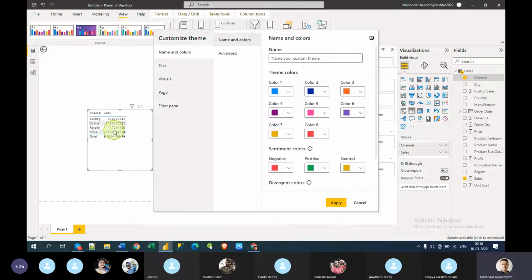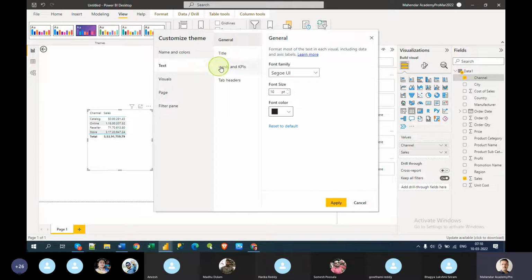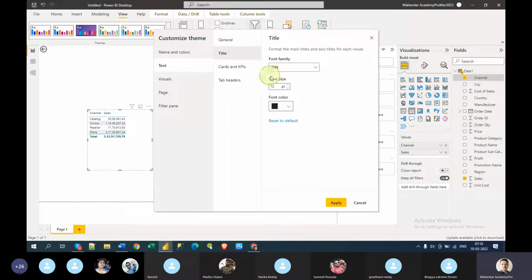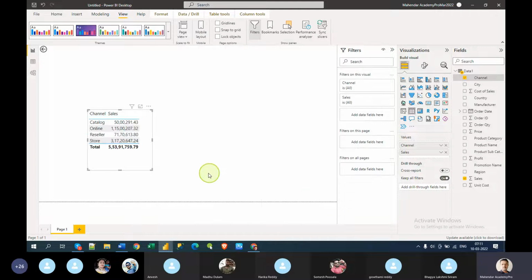Instead of doing it for each and every table and visual, I want to go here and make it bigger. Actually, 10 is the right size, but if you publish into the service, it would be like that. But here it will be like this. That's okay. Now you will see it a little bigger.